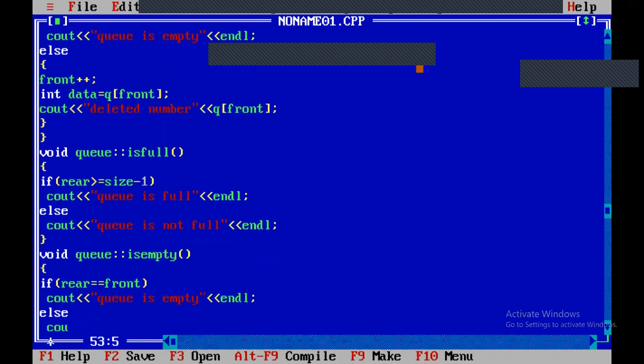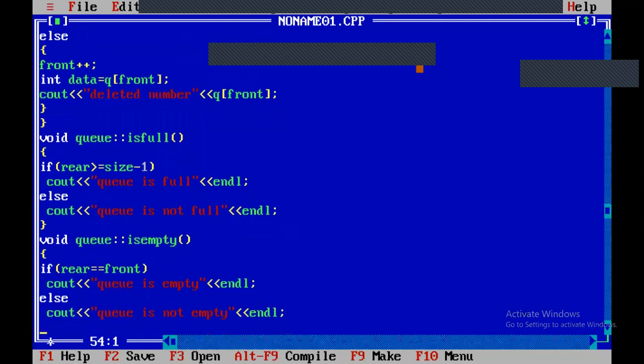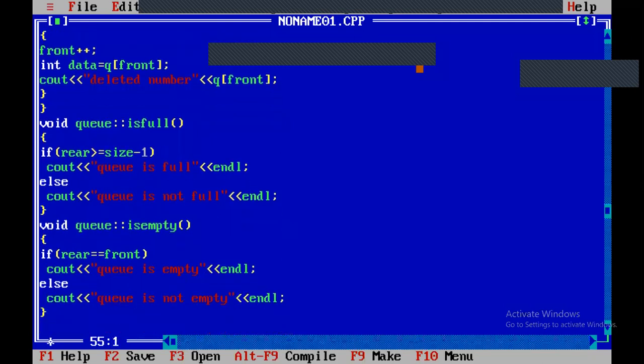Else, cout queue is not empty. This is isempty. Then display.